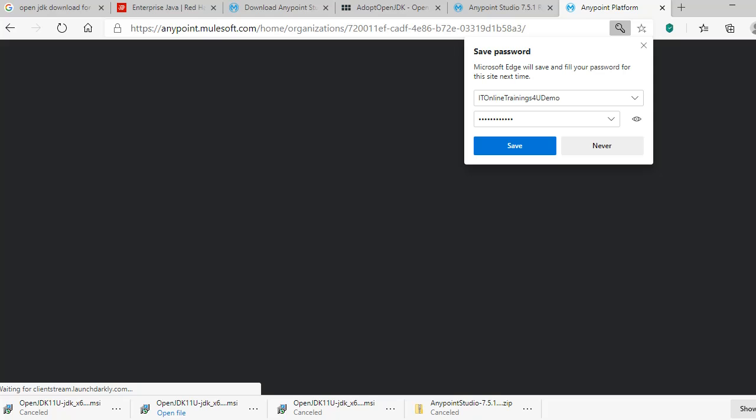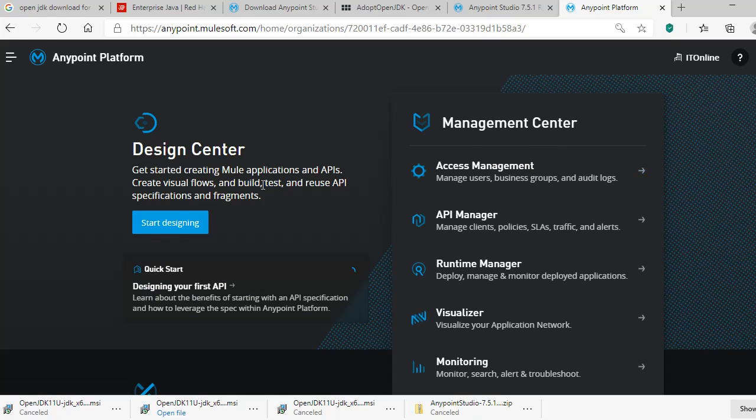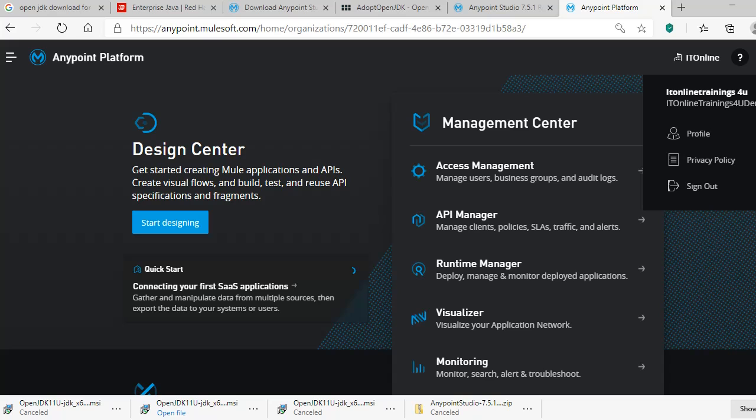You will get one pop-up while installing the Java. You can just click on yes so that it will continue the installation. Okay. See, once we have created our CloudHub account successfully, it will show a window like this. See here, this is the organization name we have given, and this is our username, and this is our profile actually.